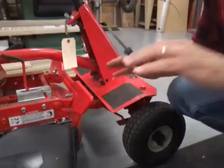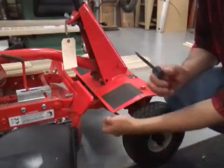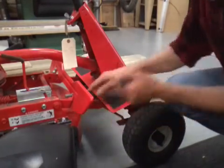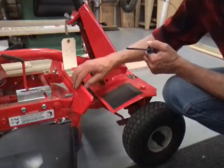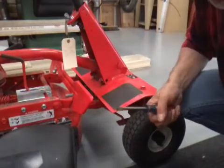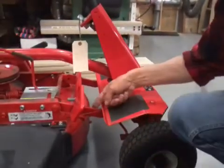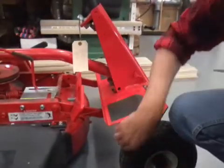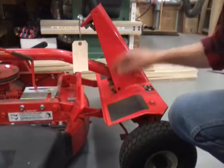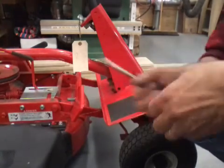Now you're not going to be able to see a whole lot unless you lay on the floor. But right underneath where your feet go, where these rods come up for the mower deck, your pedals hook to them. Let me move your camera. Okay. These two bars right here come up and pivot on a steel shaft that goes through from side to side. What holds that shaft in place on mine